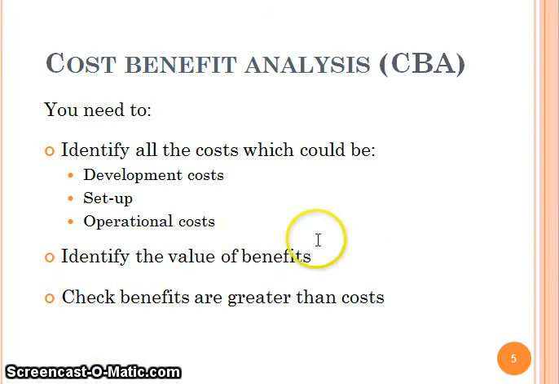For a project, we need to analyze cost benefit analysis. Costs include development cost, setup cost and operational cost. For example, if you buy an air conditioner, the development cost will be the manufacturing cost. Setup cost is the money spent for installation, that is for buying copper wires, manpower. Operational cost is the money spent on the electricity.